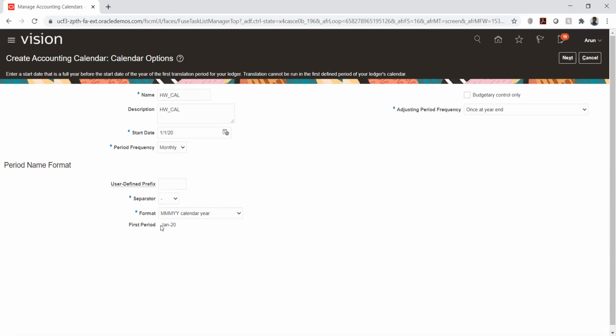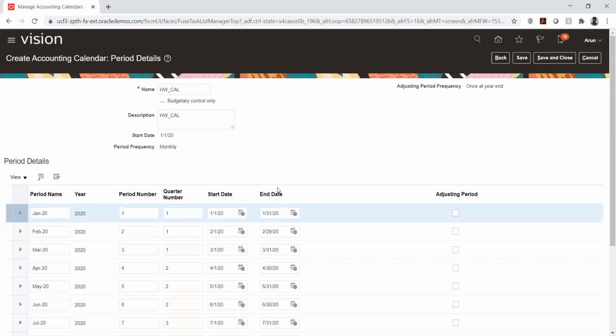If you see here, the first period would be January, based on the start date selection. So we define the first calendar one time, then the next calendar will come into place automatically. Yes, correct. So basically the system will generate it automatically.